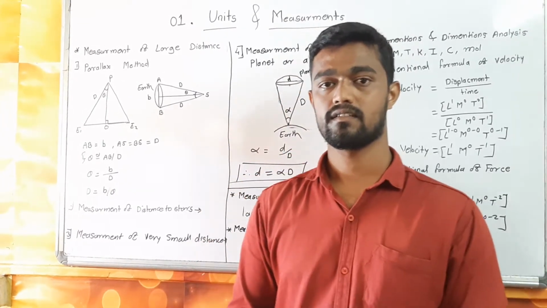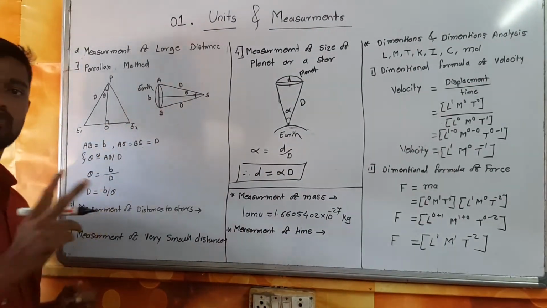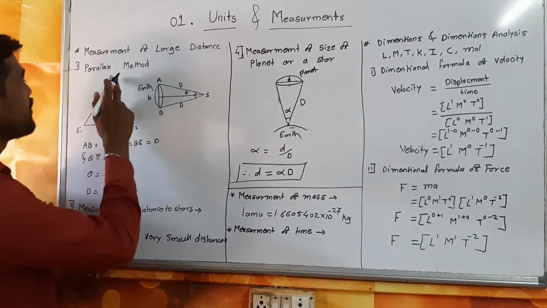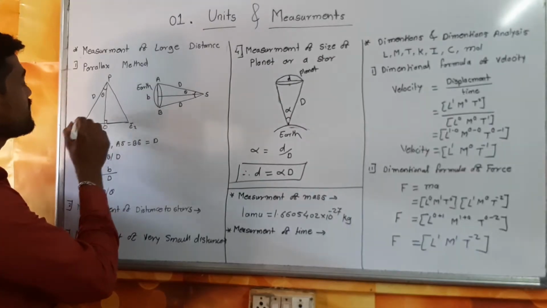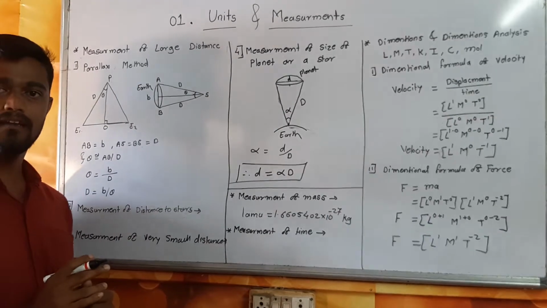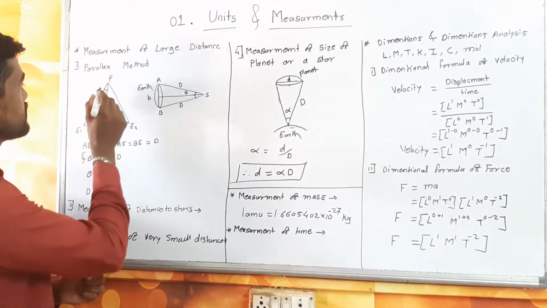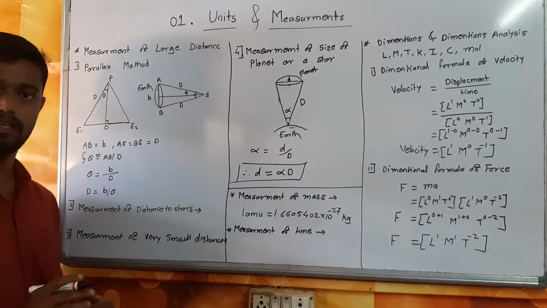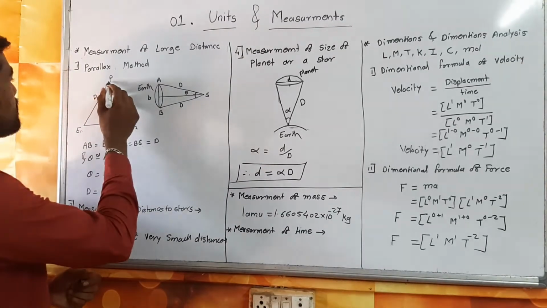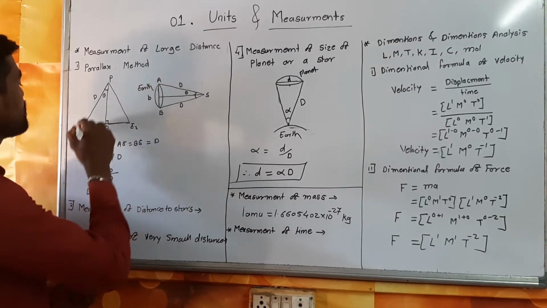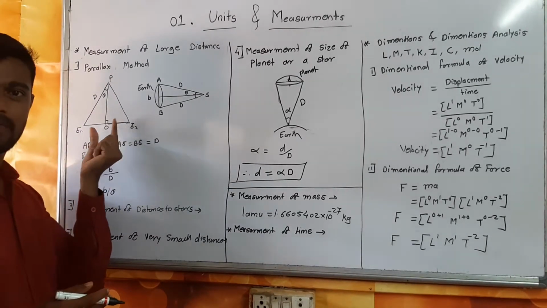What is meant by the parallax method? Let us see. Suppose E1 and E2 are two points on Earth and one point on the Sun is defined as P. Join P to E1 and P to E2, and take a normal starting from P. This is your normal, a perpendicular. Theta is defined as the angle, and the distance between Sun and Earth is defined as D. Just take this diagram in horizontal.